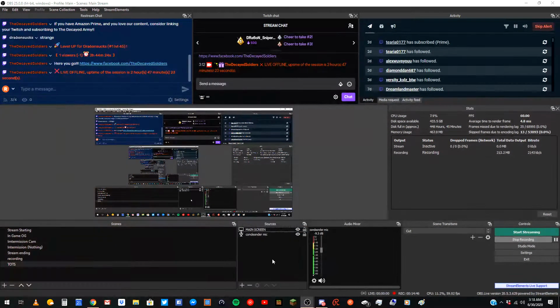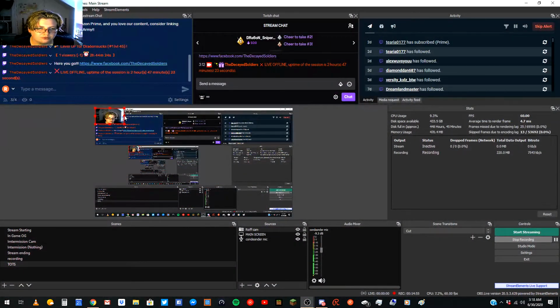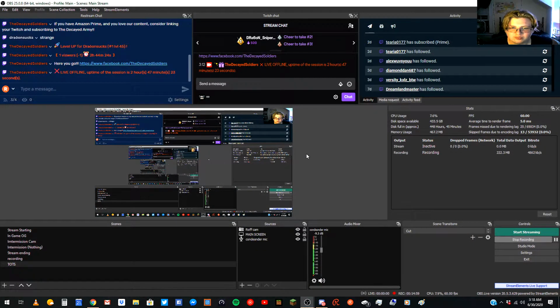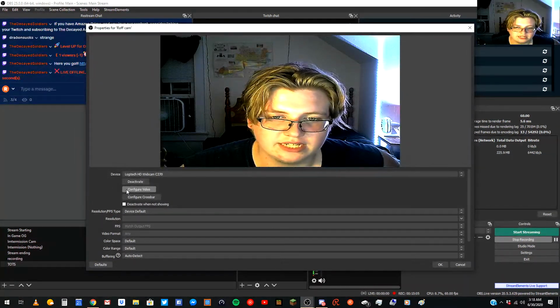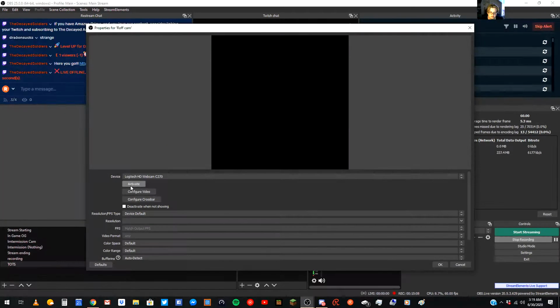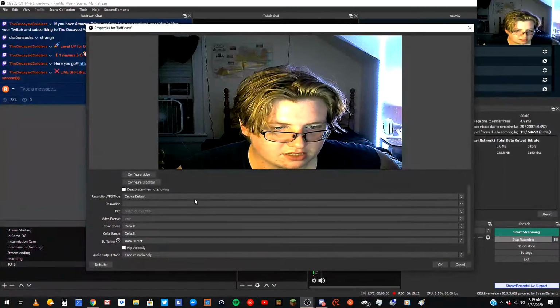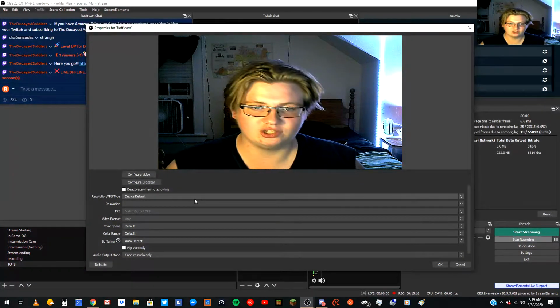So your video capture device is kind of self-explanatory. You have different things you can do, and it's not really too picky on what you choose. All you're going to do is click on your stuff and pick your device. You can deactivate it like this, and all it does is turn off the camera. Your resolution, FPS type, personally, I would just do device default. That way you're not putting too much lag on your device,